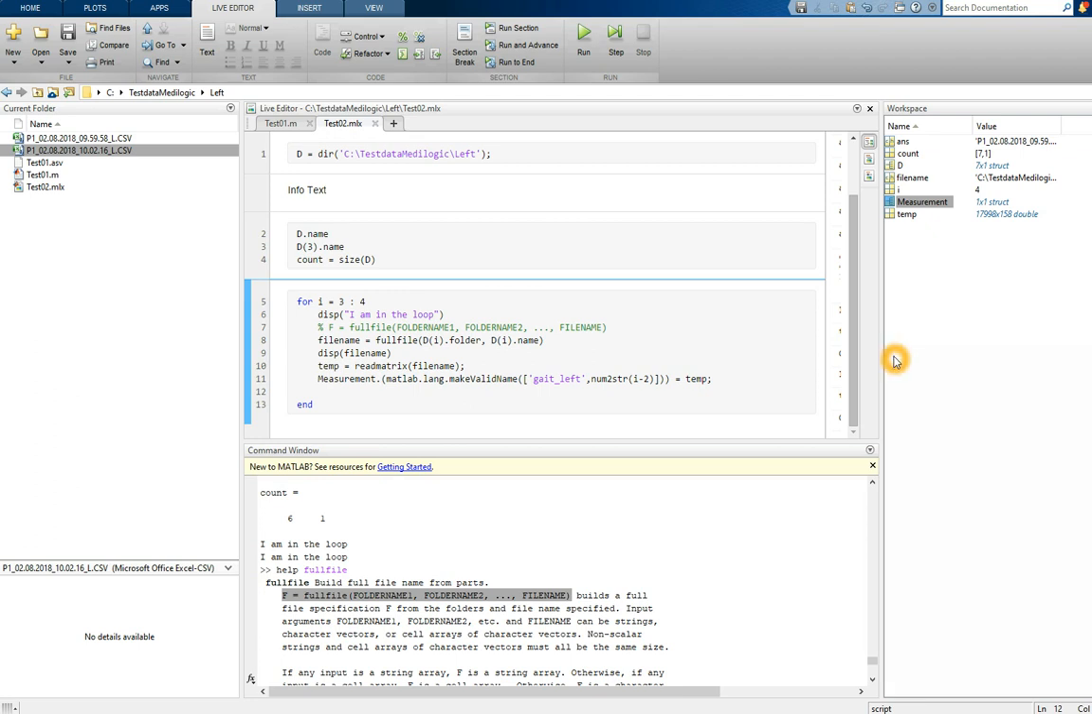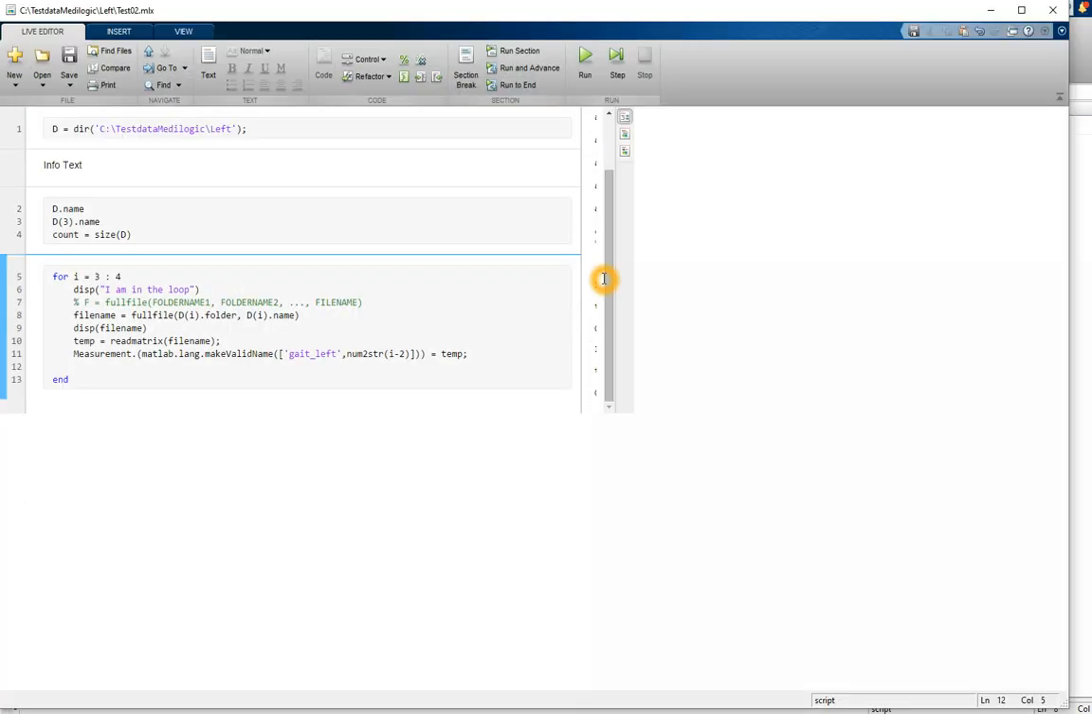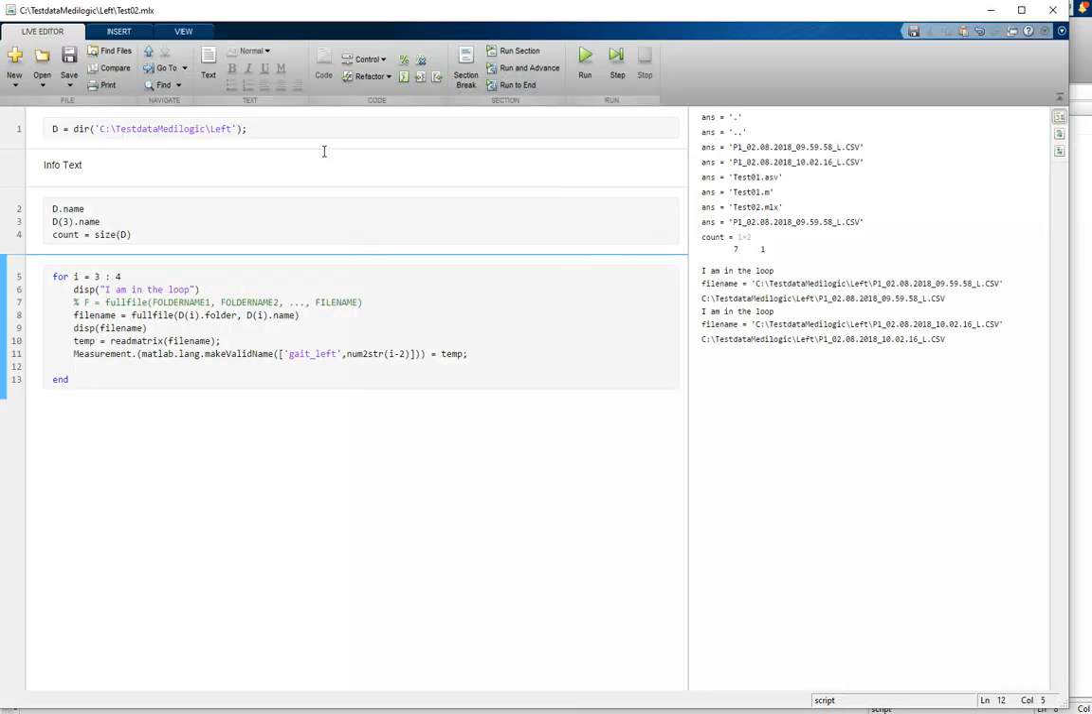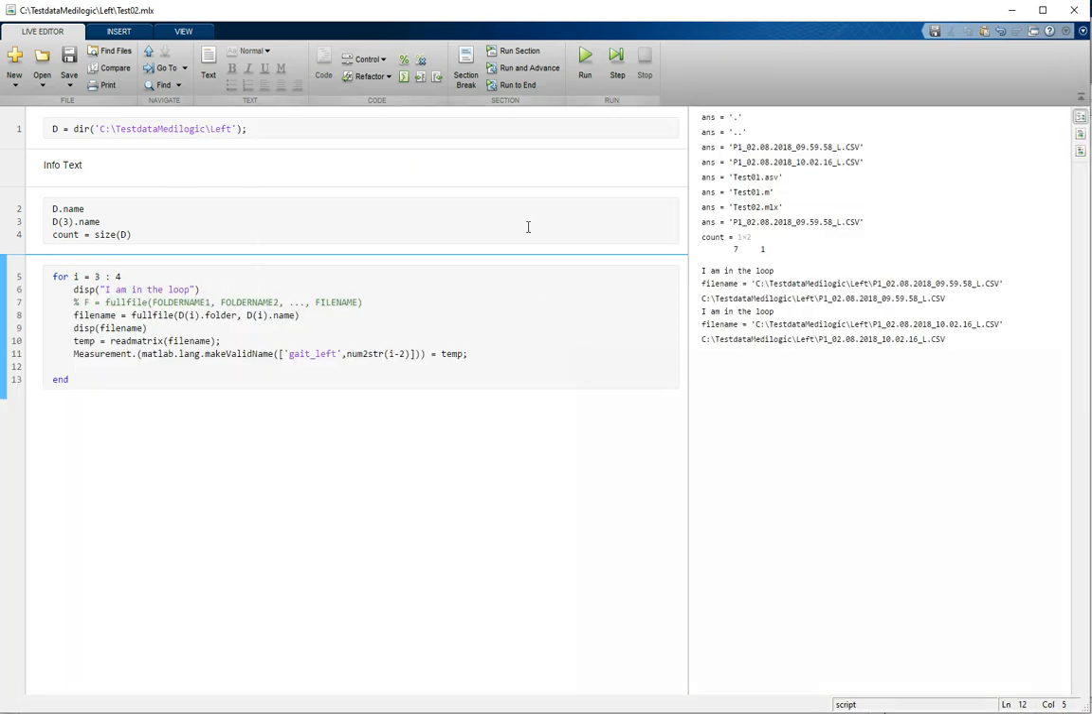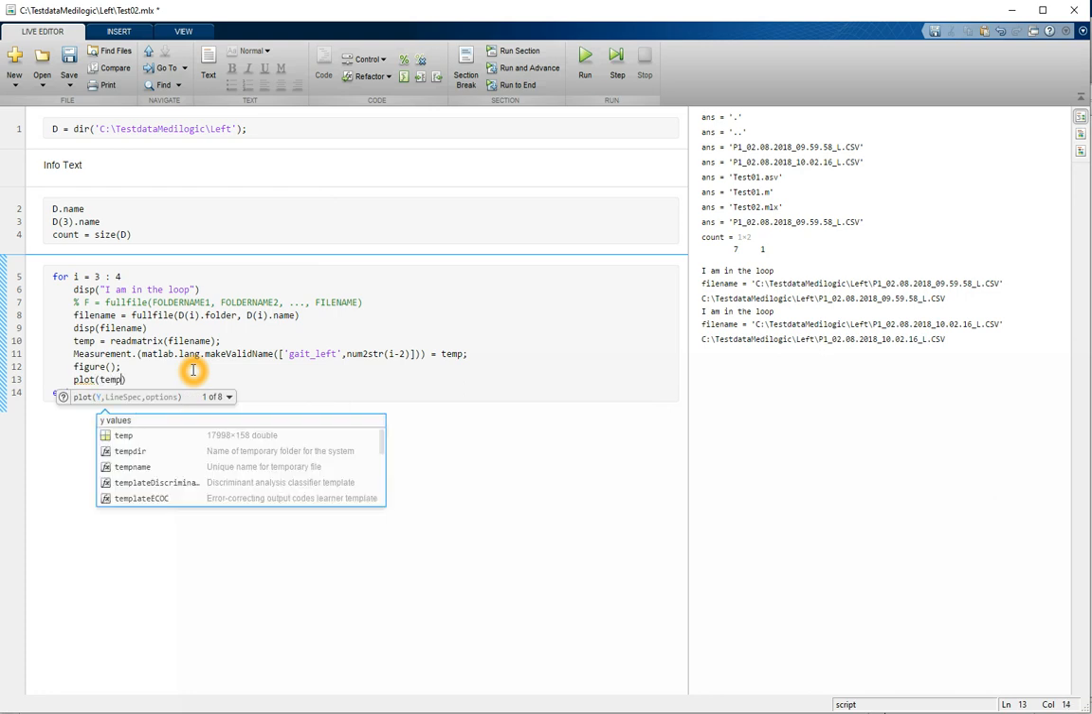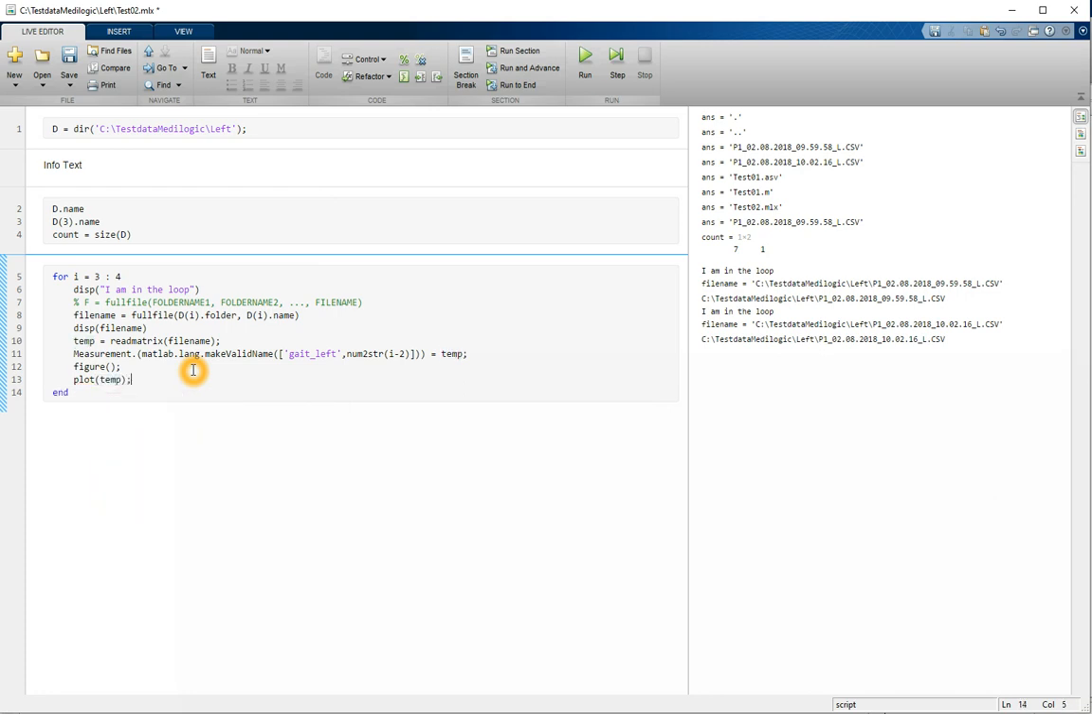Okay, to plot the data, I make another step. I undock this window because I'm running out of space, and maximize this window so you can see what's happening. And to plot the data, I open up a new figure and plot, in this case, my data, and I use the temporary variable because it's faster to write in this case, and I give it a title